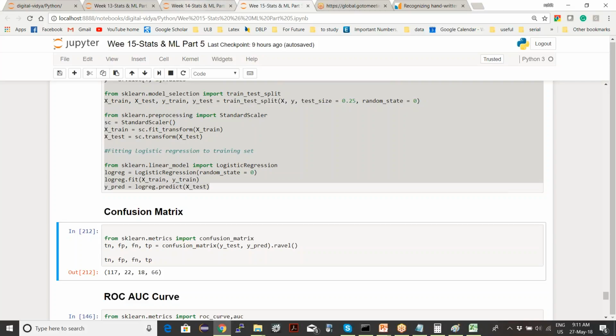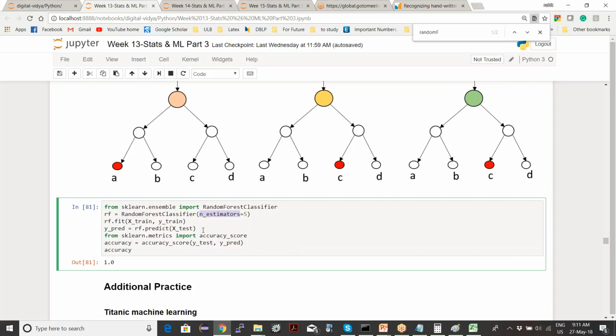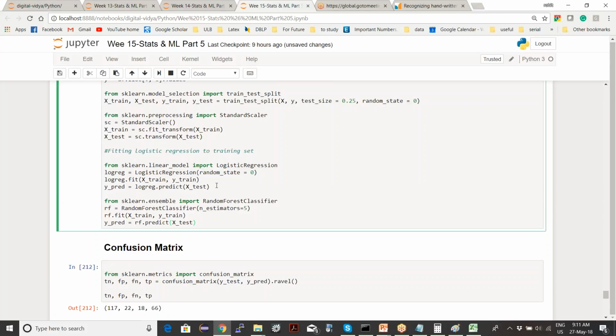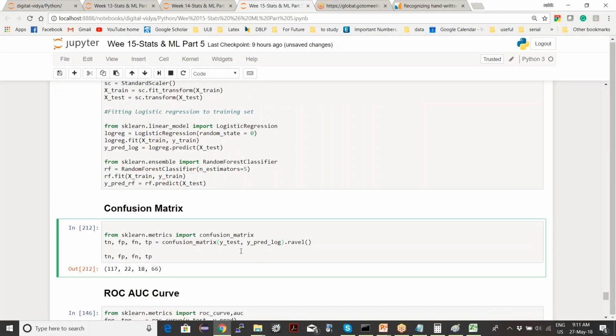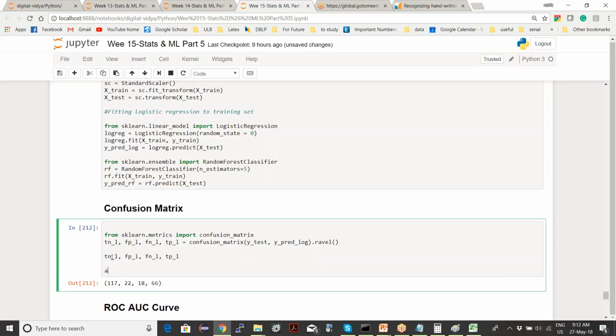So let's try this. Let's call it L. Let's do it right now. So what is my accuracy?